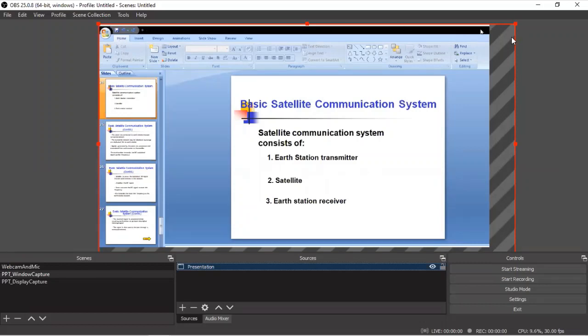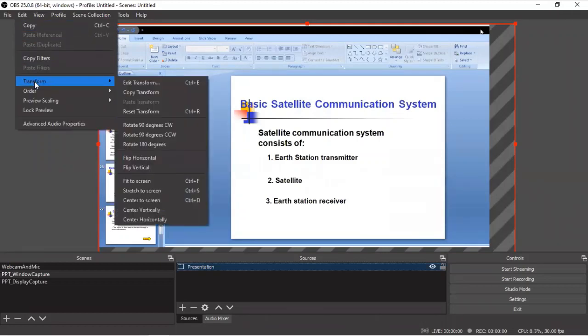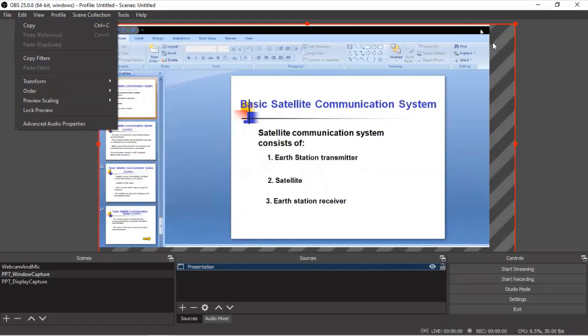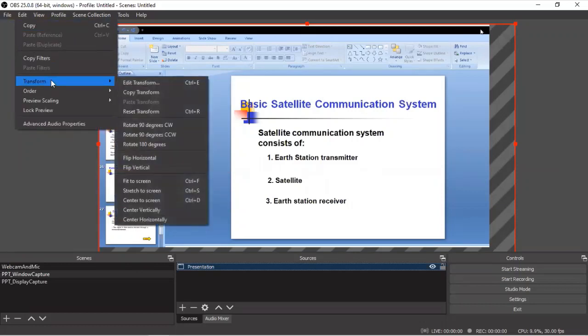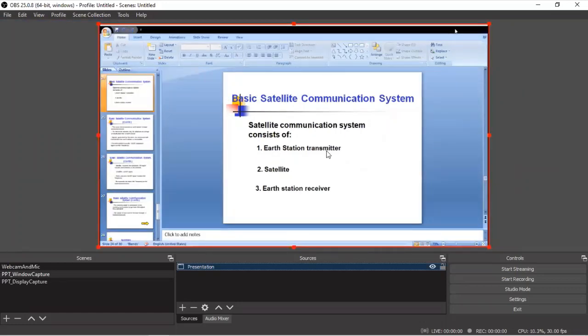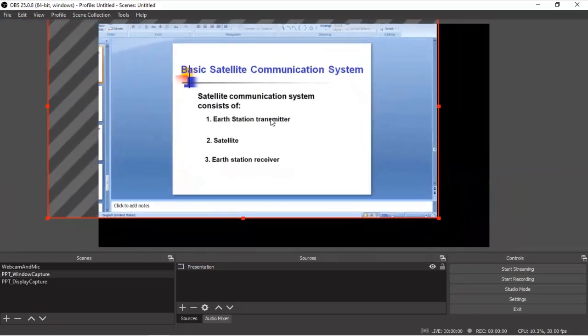We need to adjust this block window now. We will go to Edit, Transform, and Fit to Screen. Here, on the entire screen, I want to show only this PPT. So we are going for Edit, Transform, Fit to Screen. Then it is fitted. Then I can take only this portion,